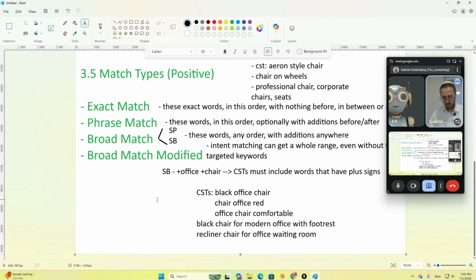But the trend on Amazon is that they want you to give them more control over the targeting. The reason is that if everybody just targets exact match office chair, for example, then they have few or no advertisers for search terms like black chair for modern office with footrest and recliner chair for office waiting room. Therefore, they make less money on all of those long tail search terms,